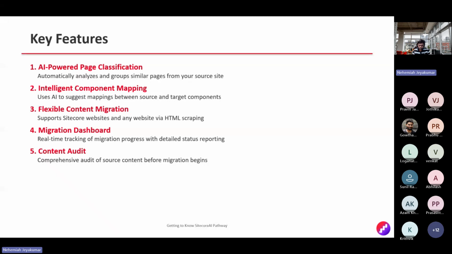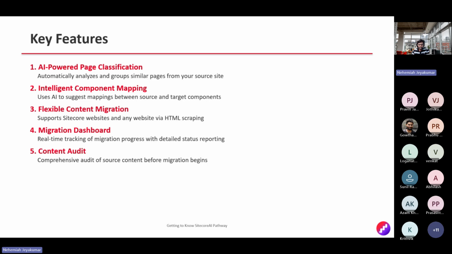One important thing to notice: this is not going to migrate your site from the current instance to Sitecore AI automatically, in the sense that you need to have a target Sitecore AI system already, with your pages, your target templates, your component templates, and your page presentation. Everything should be pre-built by developers. They have to be ready in the target system. And this tool is going to help you map the source system and then migrate it. So we'll talk about all those